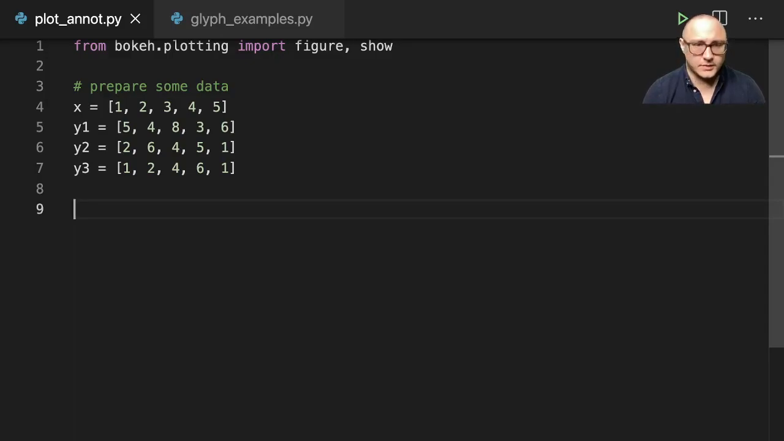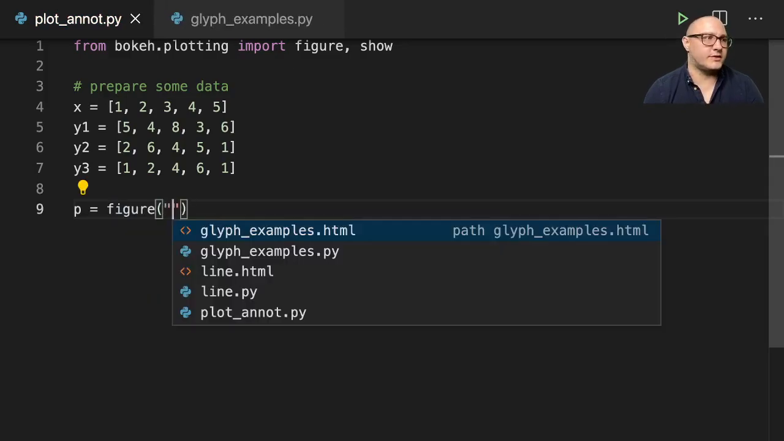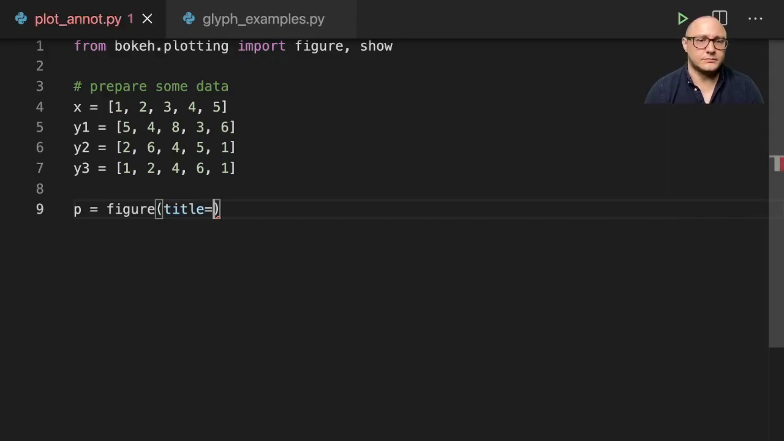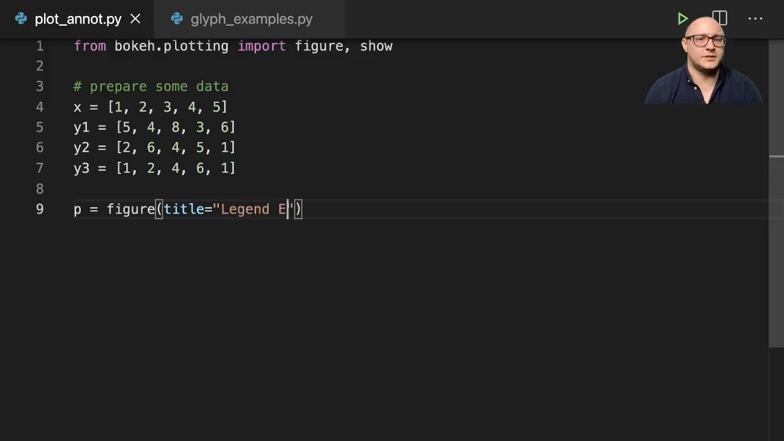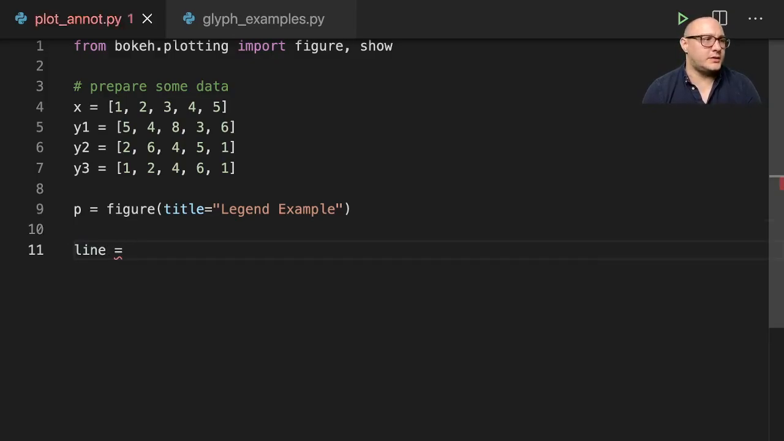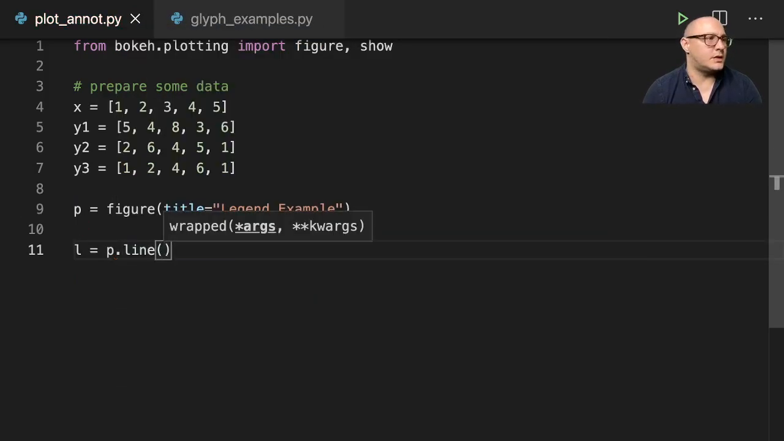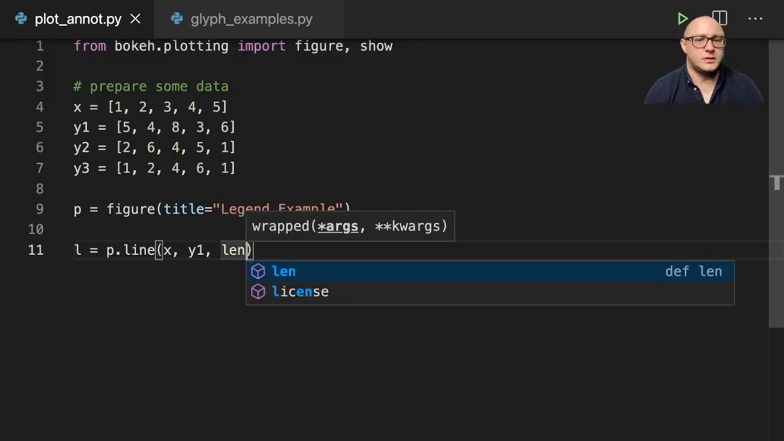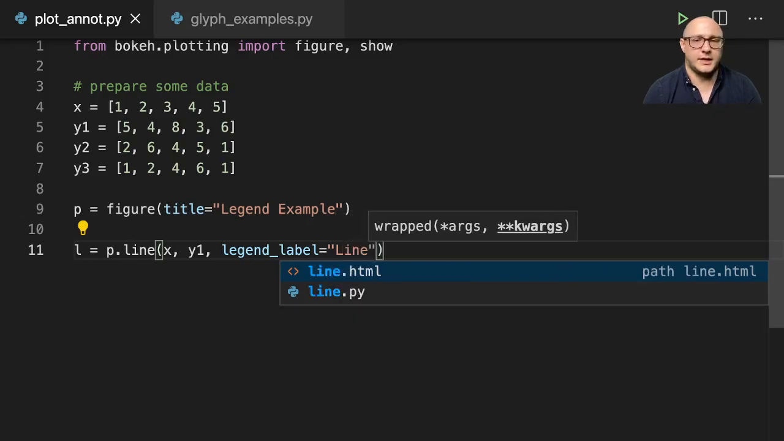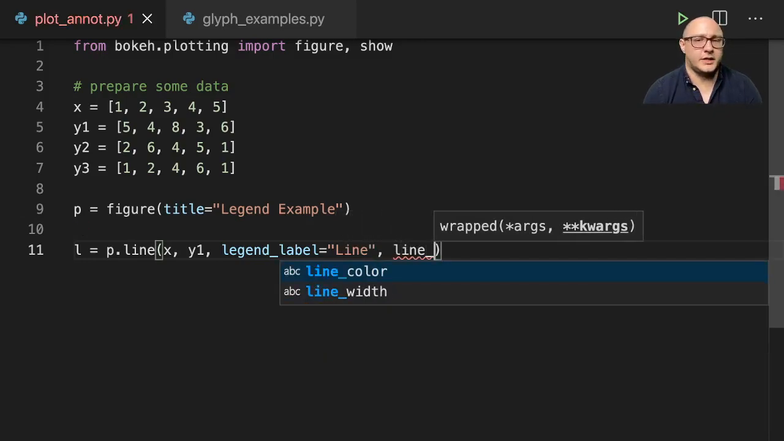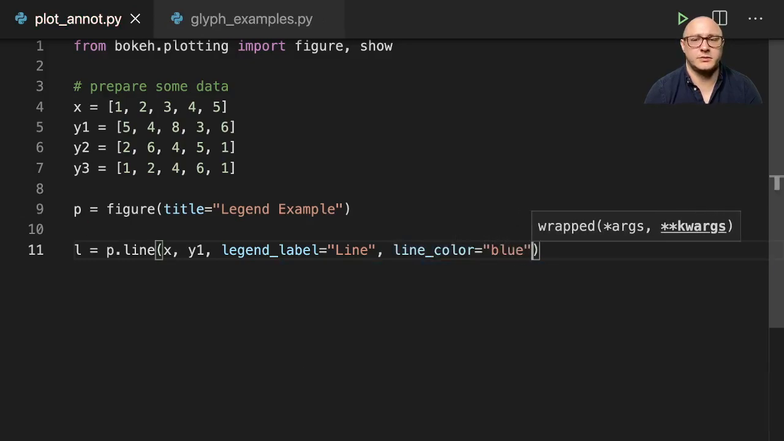So p is equal to figure, and we're just going to give it a title this time, and say something like legend example. And we're going to create a line. I'm going to do L is equal to p.line, x, y1. The legend label here is going to be line, and then we'll say line color here, and we'll say blue,